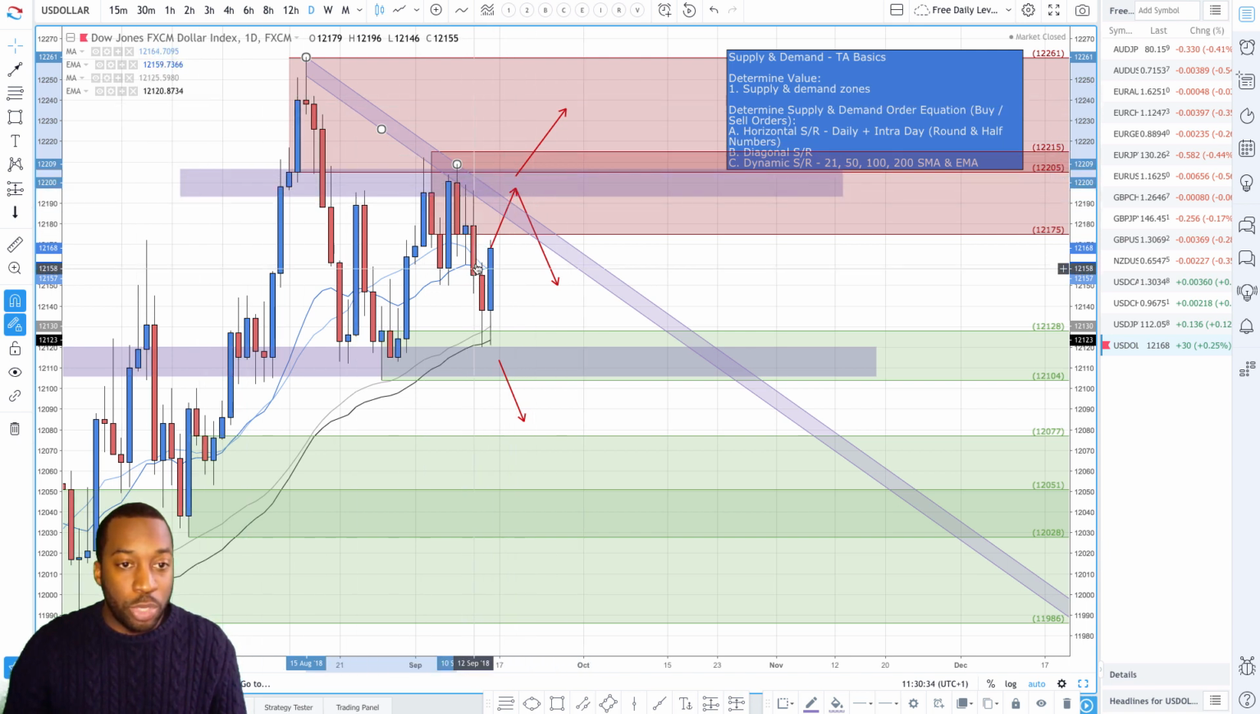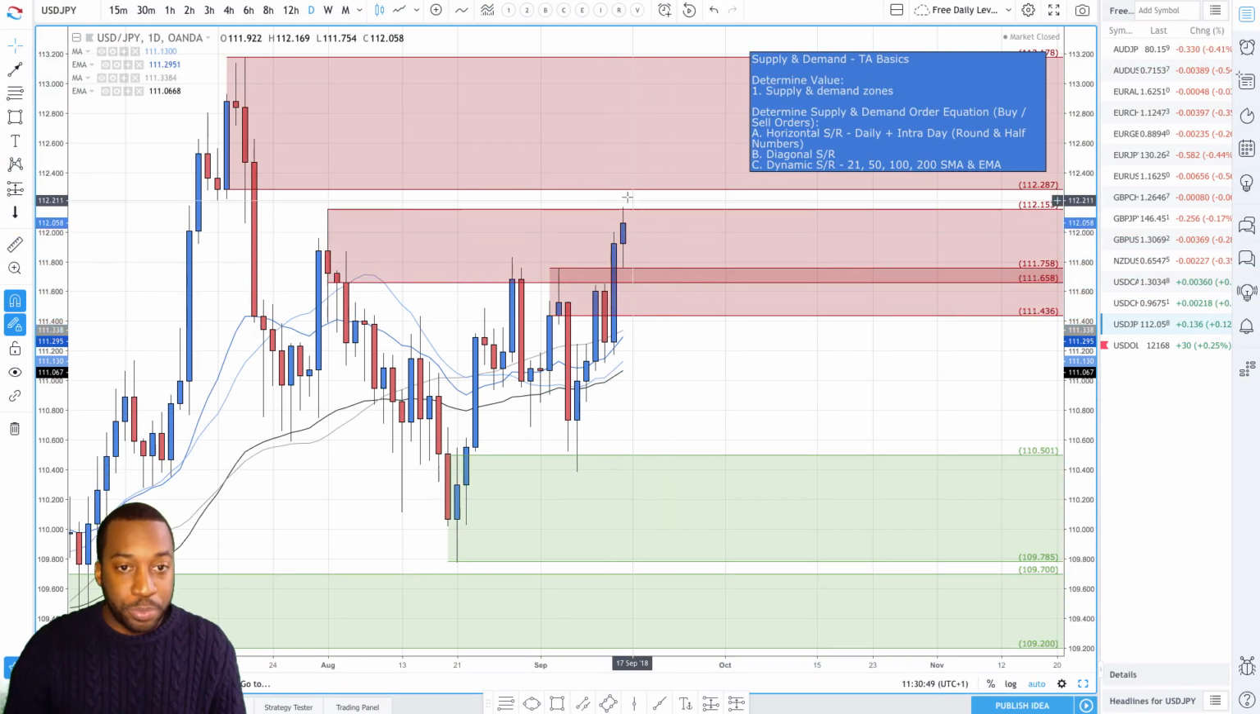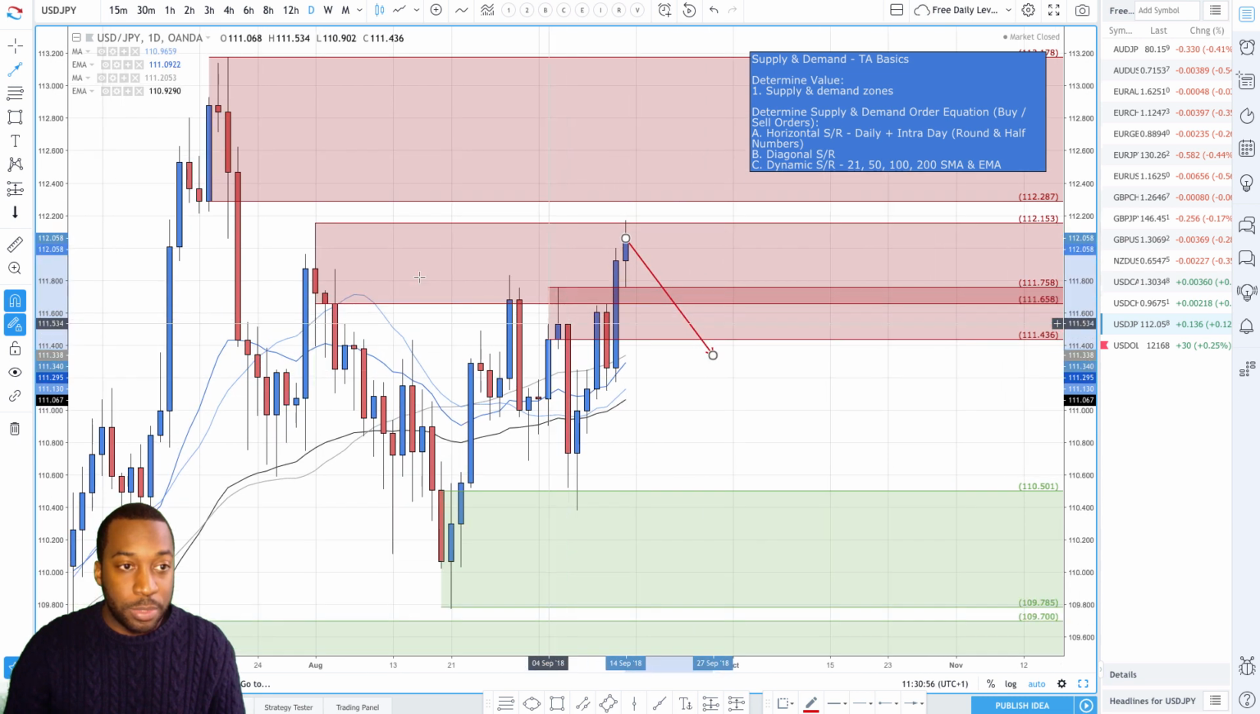On the dollar, what you would do is wait for price to come up into here before looking for a sell trade. The next currency pair that I'm going to be analyzing is the dollar yen, right? So at the moment we are up into this supply zone, right? So if you're looking for a sell trade,